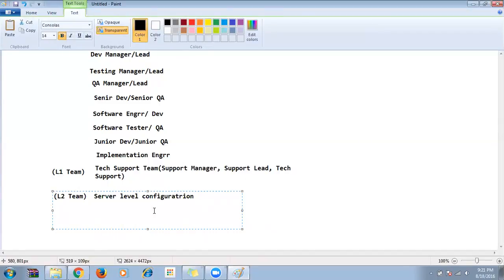Then we also have DevOps, helpful in the deployment process, then server support, etc. This is what these guys will be doing.